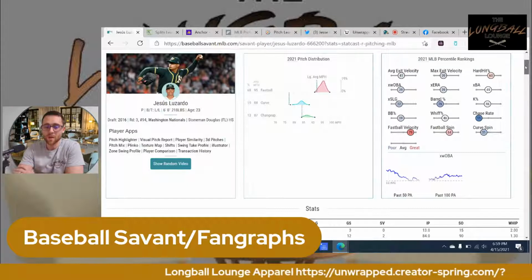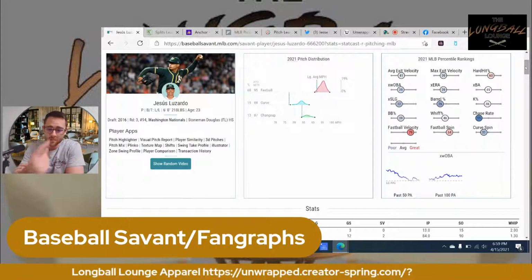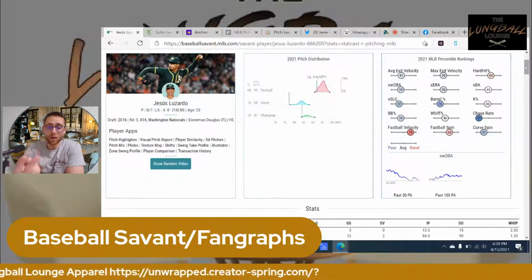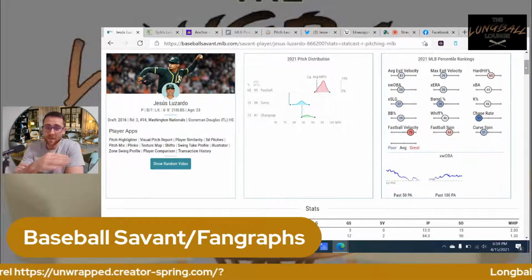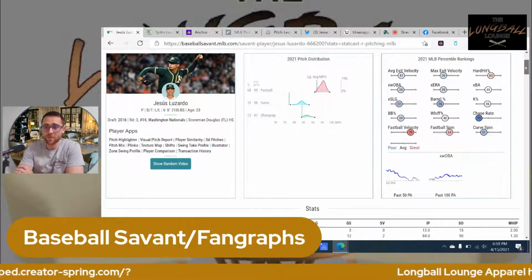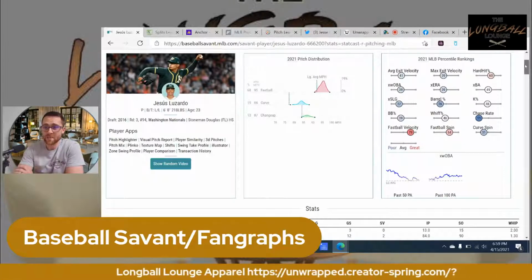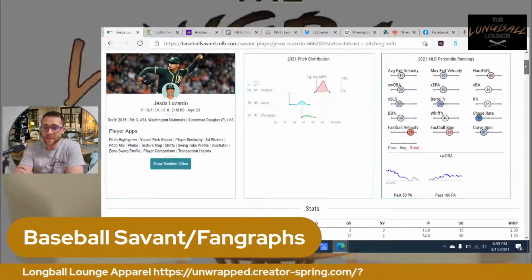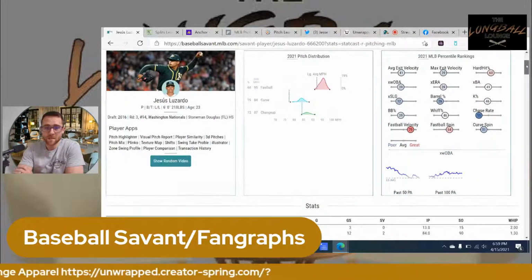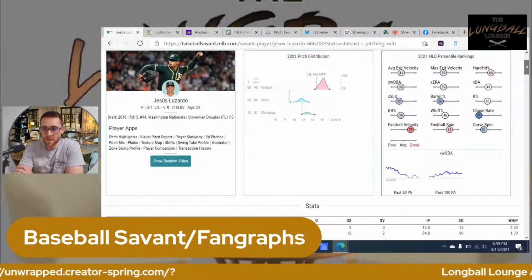What I do care about is, are you striking guys out? Are you not walking very many guys? That stat alone is very simple for a lot of people to understand, but it's not a stat that you see on the back of baseball cards. I think it should be, because that's a very good indicator of a good pitcher. So that being said, things like that are what we're going to start breaking down here.